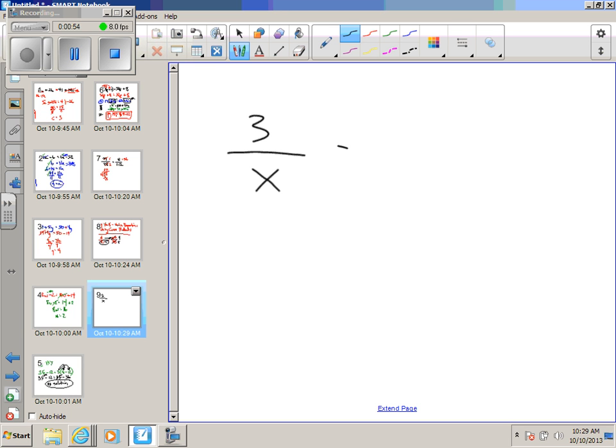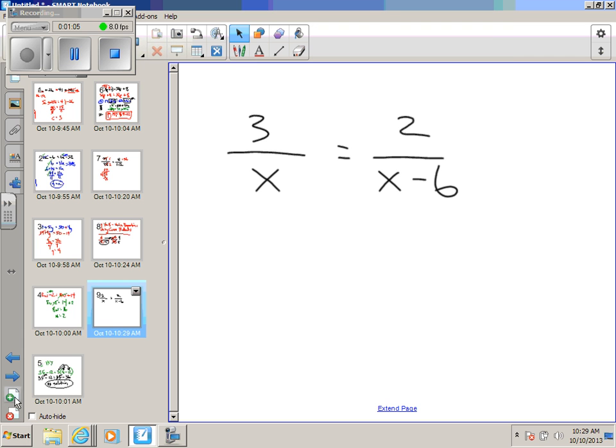3 over x is going to equal 2 over x minus 6. Now, the issue here is that yesterday we solved when there was just one x. There weren't x's or a variable in multiple places like there is right now. But we also said yesterday we use what to solve these? Cross products. I know that when I multiply diagonally, what is 2 times x? 2x is going to be equal to